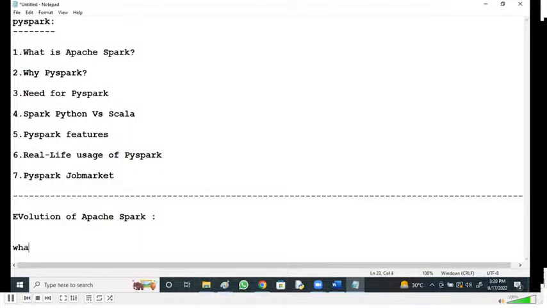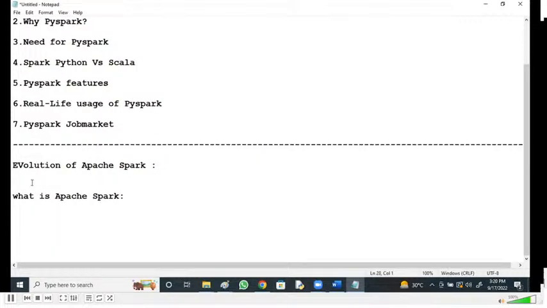And what is Apache Spark? Apache Spark is an open source distributed cluster computing framework introduced by Apache Software Foundation.